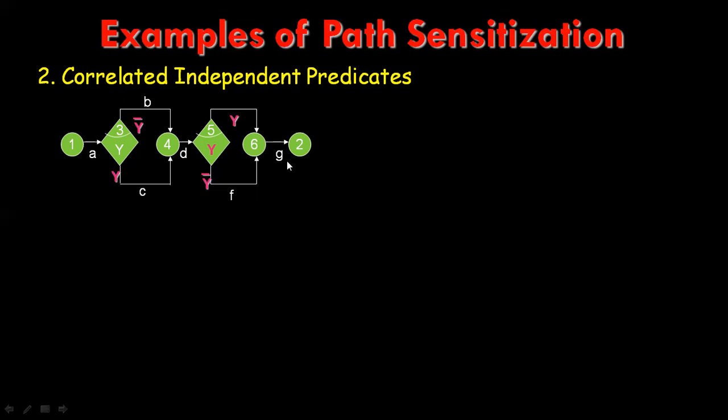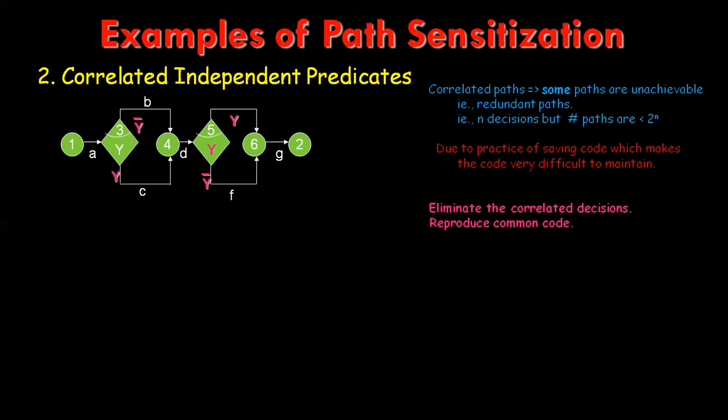Here, if we pick the paths A, B, D, E, G and A, C, D, F, G, which seem to provide the coverage, we would find that neither of these paths is achievable. If the branch C is taken at the first decision, then the branch E must also be taken at the second decision. So these two decisions are potentially 4 paths, but only 2 of them, A, B, D, F, G and A, C, D, E, G, are achievable.